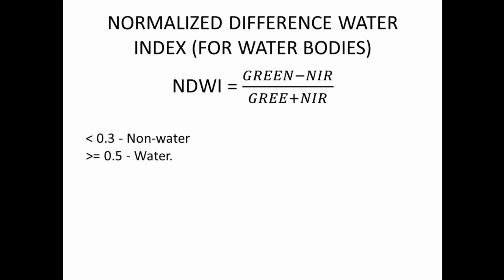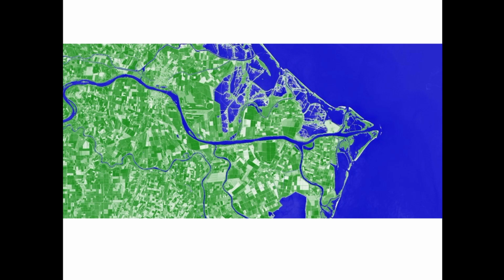So normalized difference water index for water bodies. This index is used to detect water bodies. It's very simple: green minus near infrared, over green plus near infrared. So water mostly reflects the blue and the green colors, and almost no reflectance in the near infrared spectrum. So the values which are less than 0.3 are non-water, and the values which are higher than 0.5 are almost considered as water areas. So this is the final map